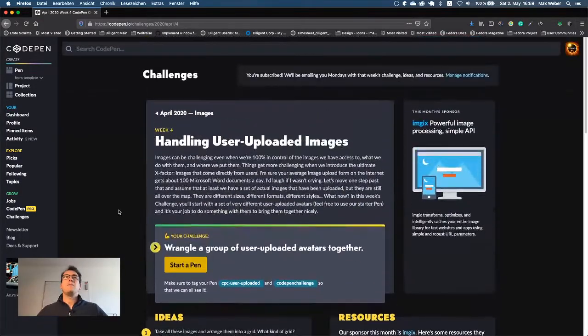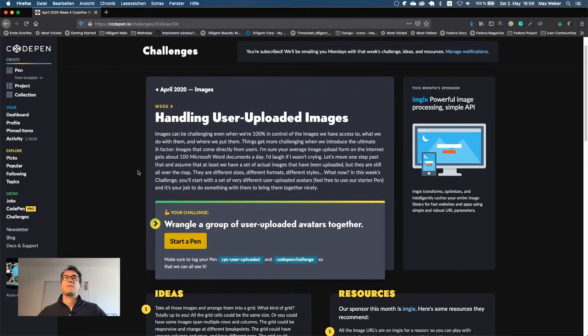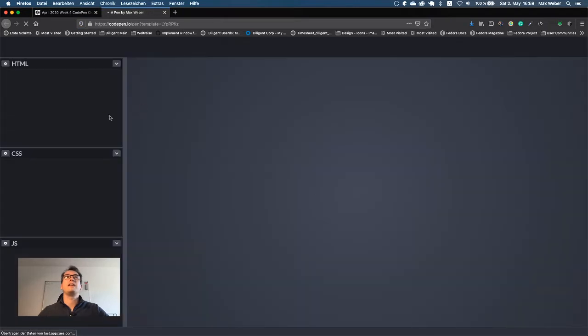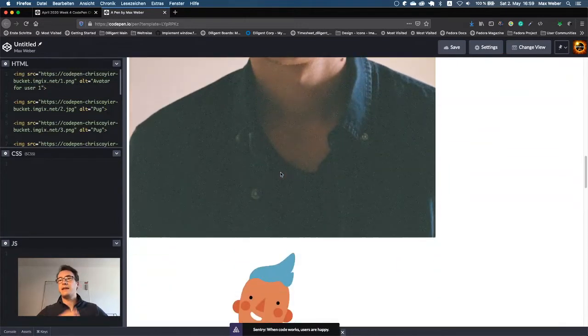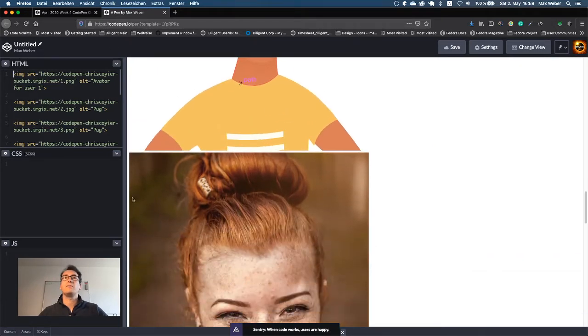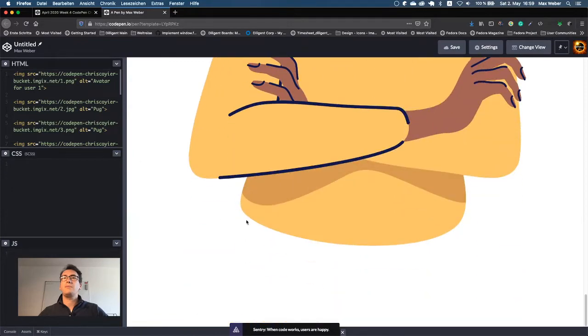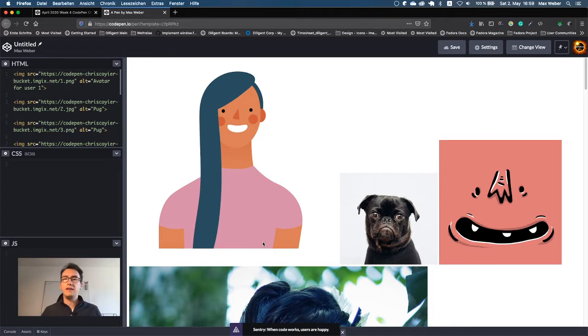Okay, so what is the challenge about? As far as I've read so far, the CodePen challenge this week is that we want to have user-uploaded images. And if you click here on Start Pen, you get already a created pen for that. And you can see there are multiple pictures. And the interesting part is that they have different sizes. They are big, small, rectangle. Sometimes they have no border at all, or they have some shapes to them or are very big. So the idea is to get a design that looks beautiful and can be used for everything.